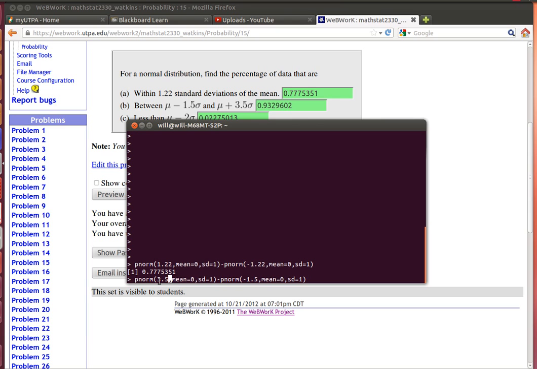So we're doing the pnorm of 3.5, mean of 0, standard deviation of 1. So that's 3.5 standard deviations above the mean. We're going to subtract